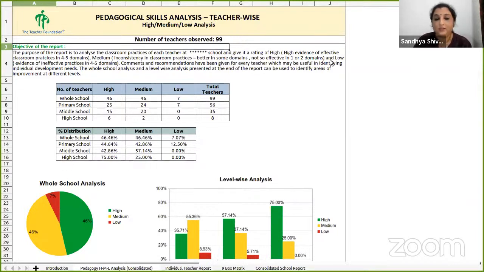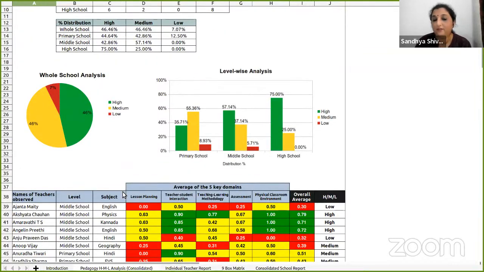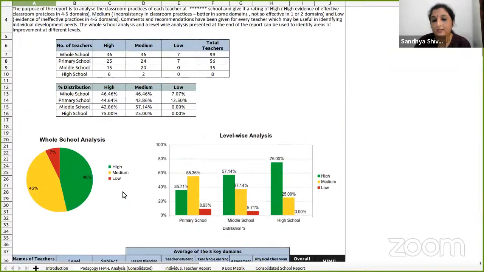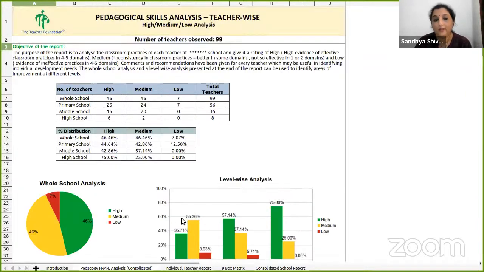So this is the high, medium, low analysis, where we're able to categorize teachers in terms of their teaching practice as high, medium, and low. And of course, for every teacher, even for every domain, we can give them a high, medium, low analysis. You can see here that it is also level-wise: primary school, middle school, and high school. In this school that we focused on, the high school was fantastic. The primary school, I think, needs a little more help. The next report